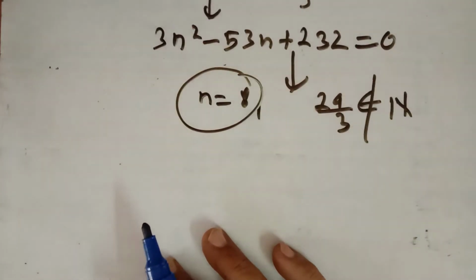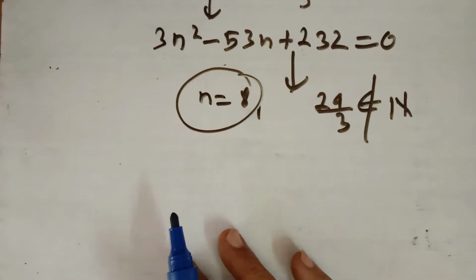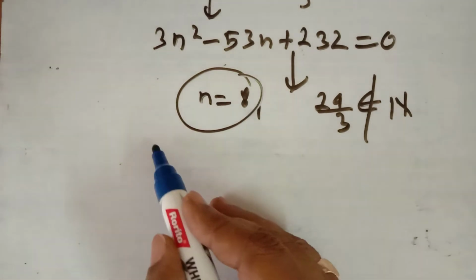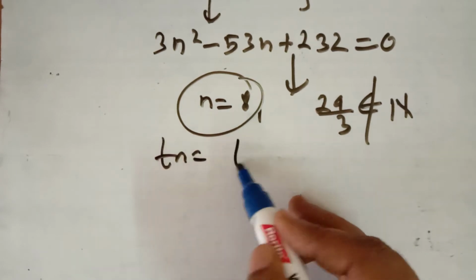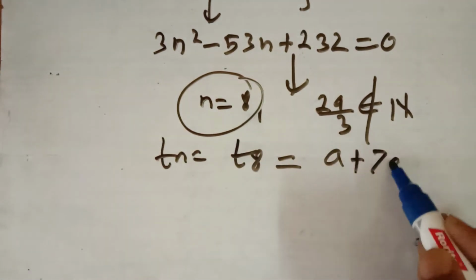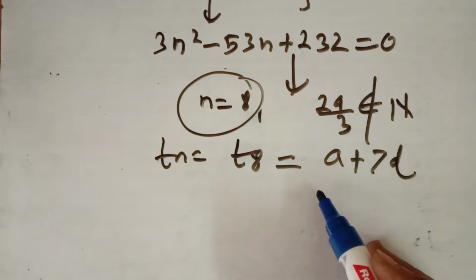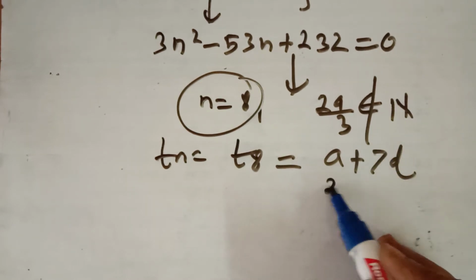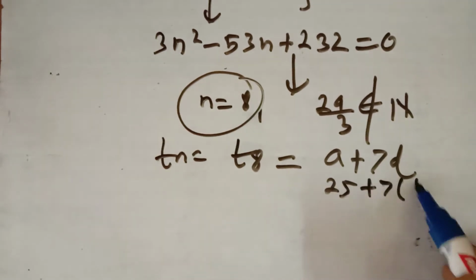So the number of terms is 8, because the number of terms cannot be a fraction. And you have to find the last term. Last term means nth term, which here is the 8th term. The 8th term is a plus 7d. The value of a is given as 25 and the common difference is